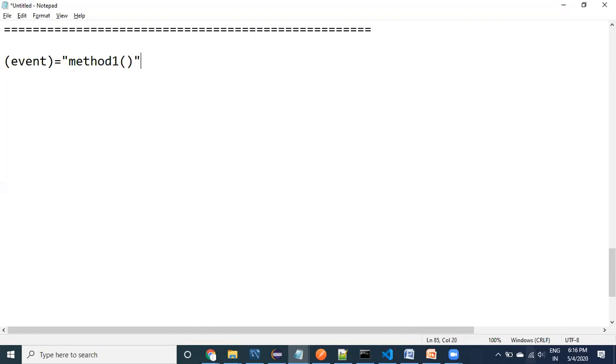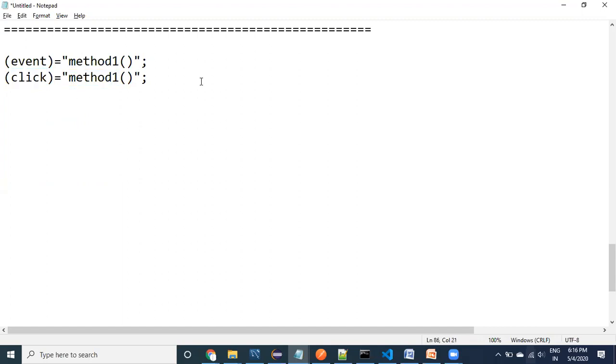Something like method one I have provided like this. What is the event here? Click is the event. For this event, we are providing the method. This is called event binding.